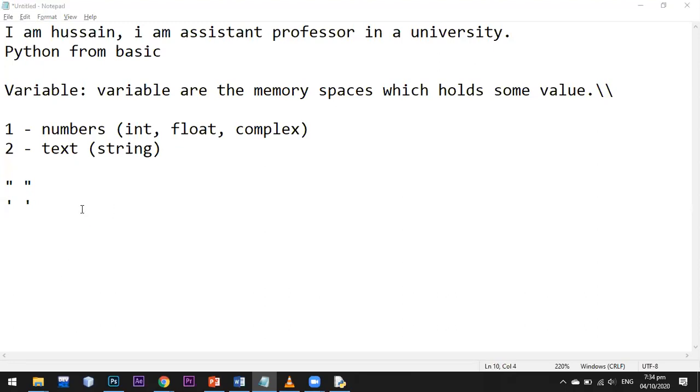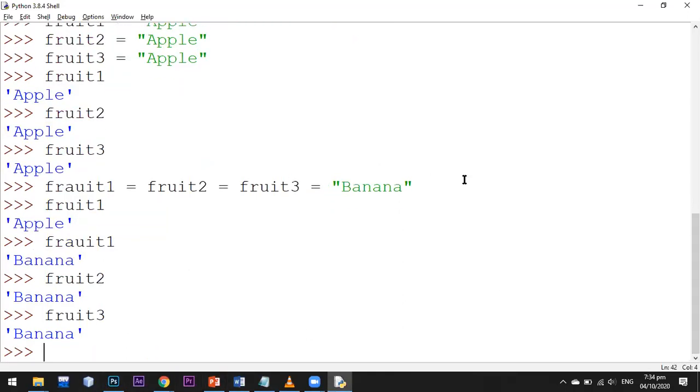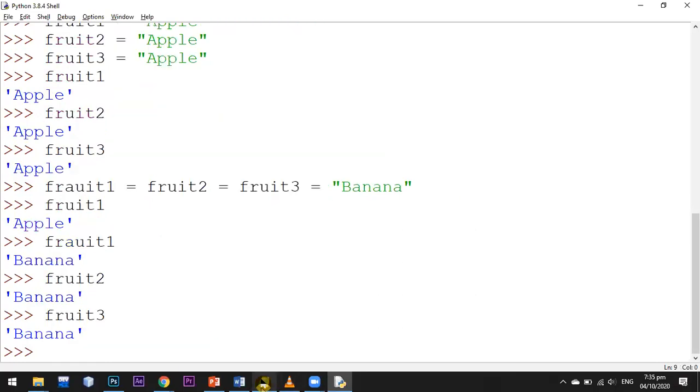So let's move to our old things. You can see here I have used banana. This was a string. And I created a variable with the name age. That was an integer value. Like I'm going to again create some variables: name, age, distance is equal to name as Hussain Sajid, age is 25, distance is 3.2 miles.